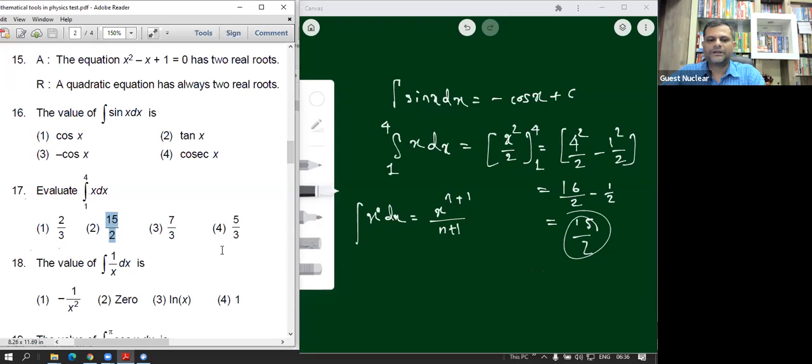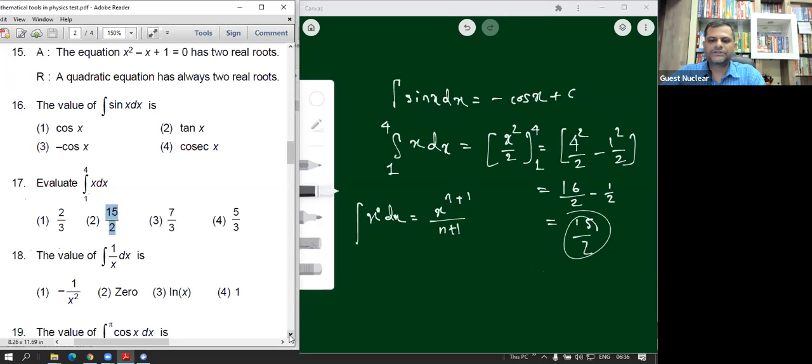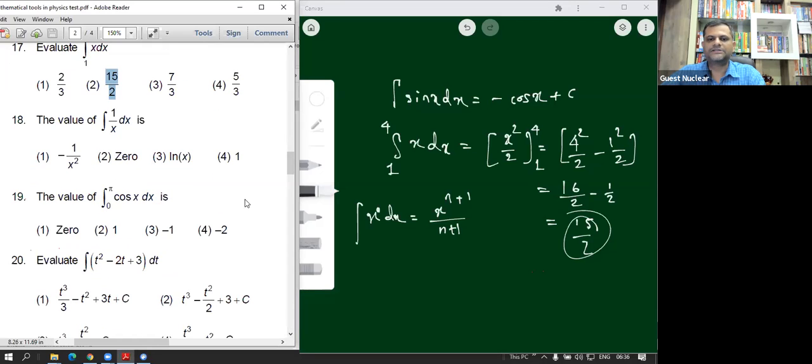Next, the value of integration of 1 upon x dx is actually log x. ये फॉर्मूला है, याद रखो log of x to the base e, and log x to the base e को ही कभी कभी ln of x ऐसा भी लिखते हैं, याद रखो इसे, whenever we get this log of x to the base e it is called ln, नेपेरियन लॉगरिथम बोलते हैं उसको, नेपेरियन लॉगरिथम, ठीक है, याद रखो ठीक से। चलो सो यहाँ पे 3 नंबर का जो ऑप्शन है वो यहाँ पे करेक्ट ऑप्शन रहेगा, नो डाउट।